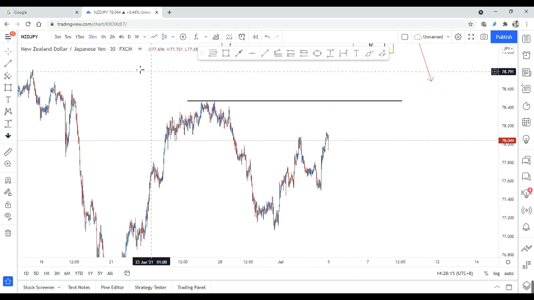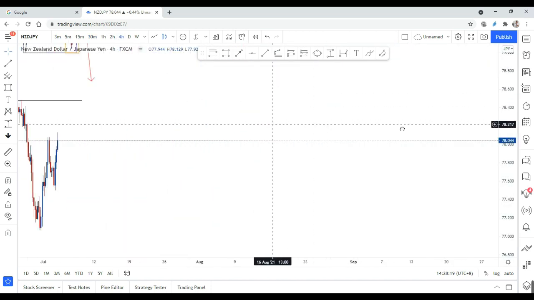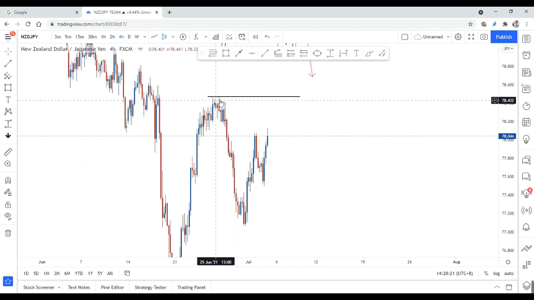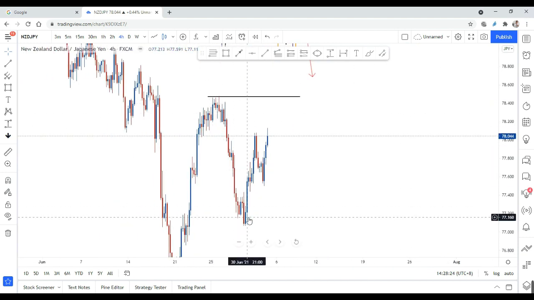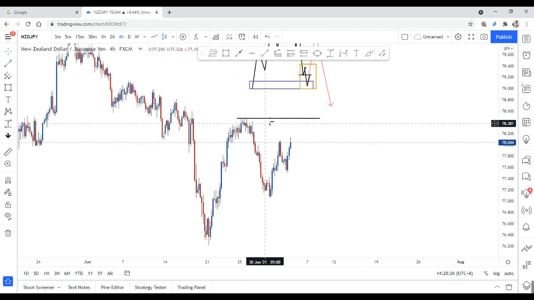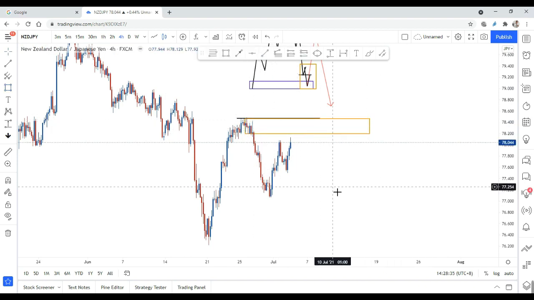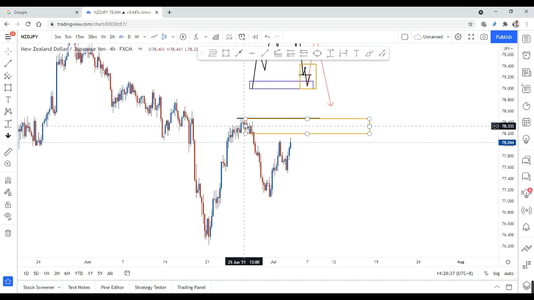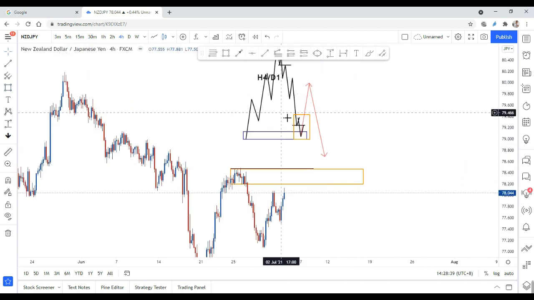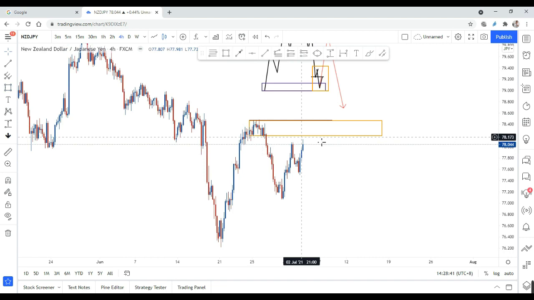It depends, right? One of the reason, if you switch it to higher time frame, you can see that this is the birth of this drop, right? This is the birth of this drop. And what is more, there is a very strong supply zone right here. All right, you can see that there is a very strong supply zone. I'm going to flip this chart later for you. So there is a very strong supply zone. So the price is approaching this level.